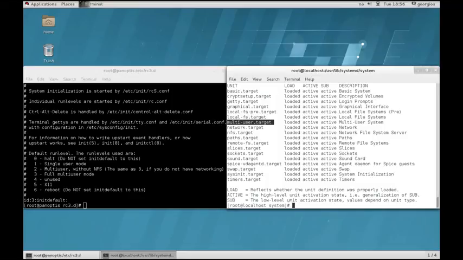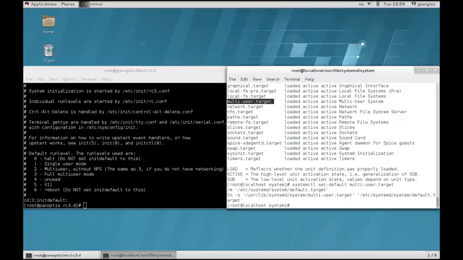How would I do that? I would type systemctl, surprise surprise, and then set-default. And this is of course the subcommand of systemctl that changes the default target, aka run level. So then I will type the destination target, which is multi-user.target,